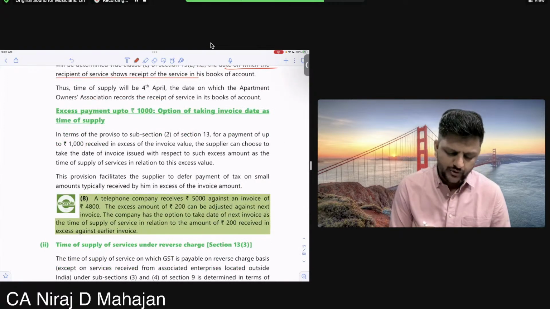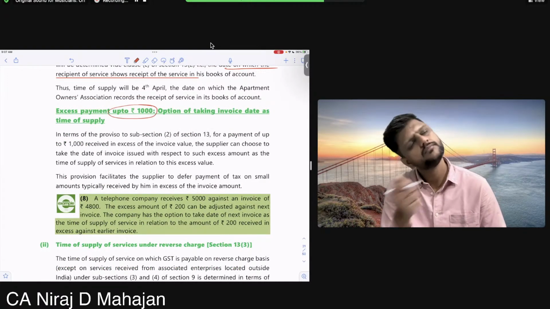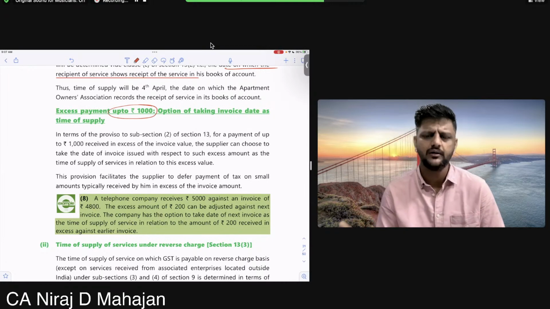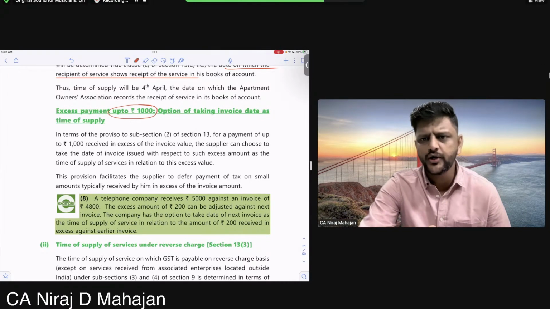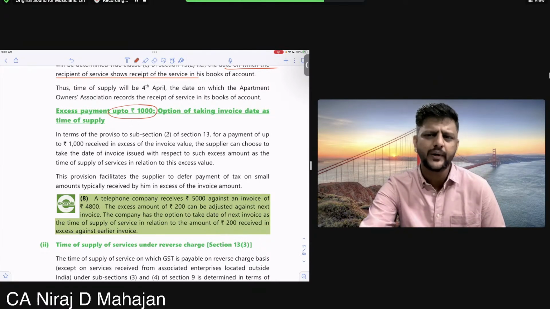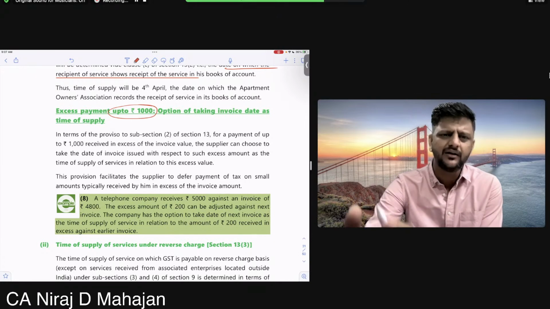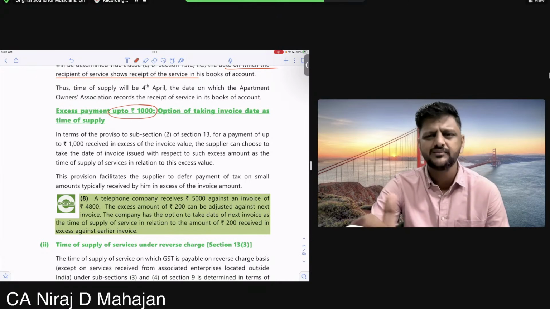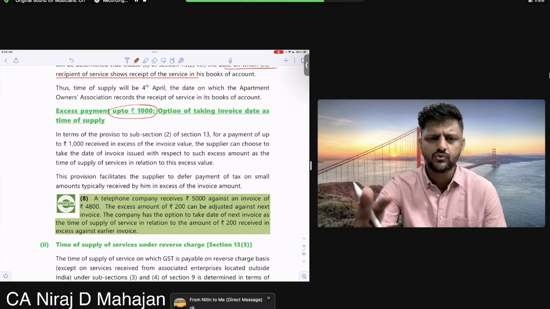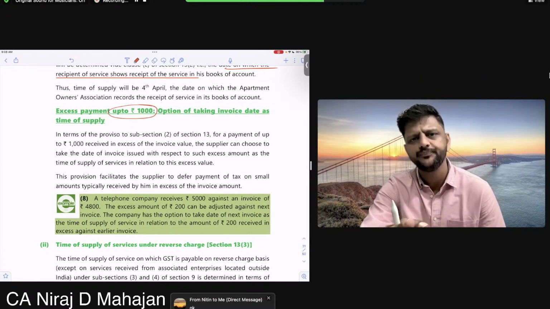Excess payment up to 1000. Remember that same thing? Now again, mobile postpaid bills, it's service only. So again, you have paid something extra, or that also happens at times. If my bill is 800 or 825 or 899 or whatever, I pay a round figure of 1000 rupees, and some amount is then deducted. That happens. Okay. So what was the answer for this, bachcho?